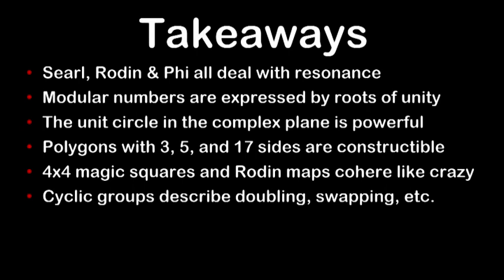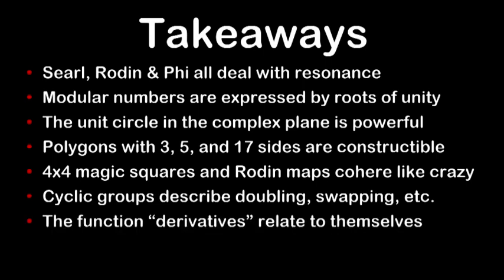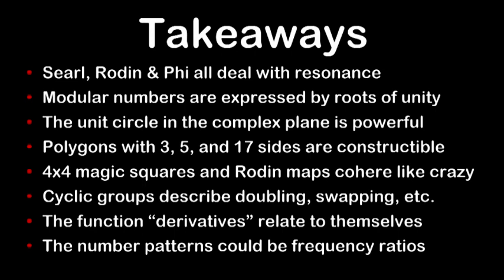Cyclic groups describe doubling, swapping, halving and other things. That's important. Another takeaway is that the derivatives of these special functions we've been talking about relate to themselves. That's important. Final point is the number patterns could be frequency ratios. If we're going to model the electron, they could be other ratios. We could use them in a lot of different ways. That's up to you to figure out. But anyway,